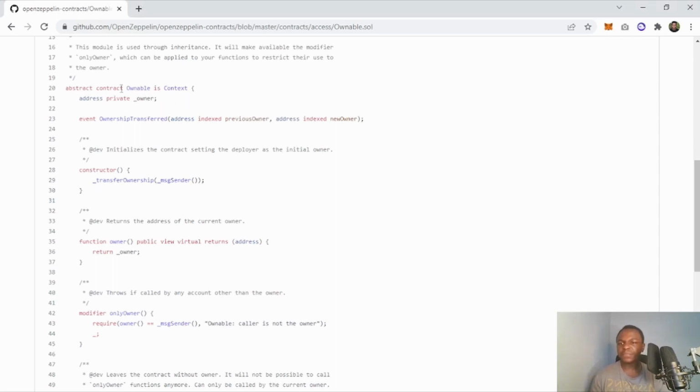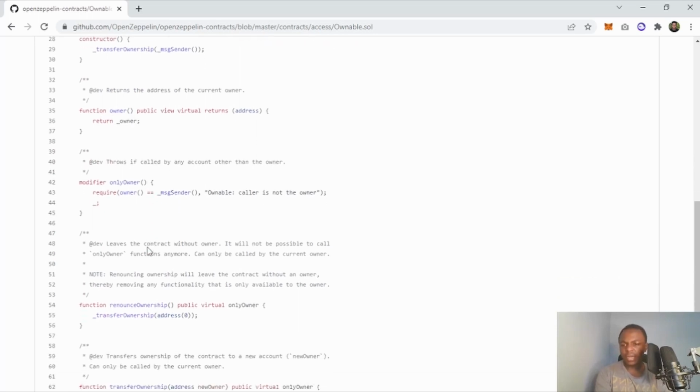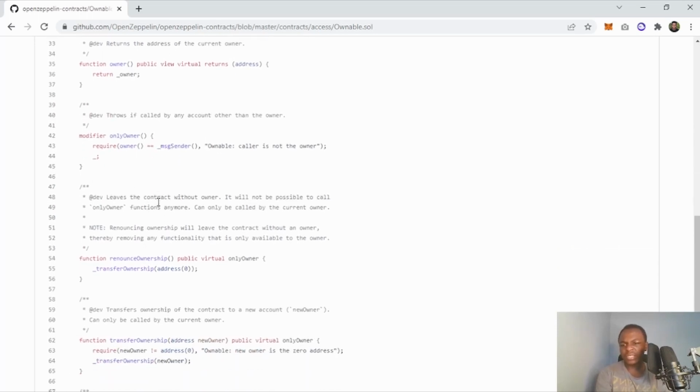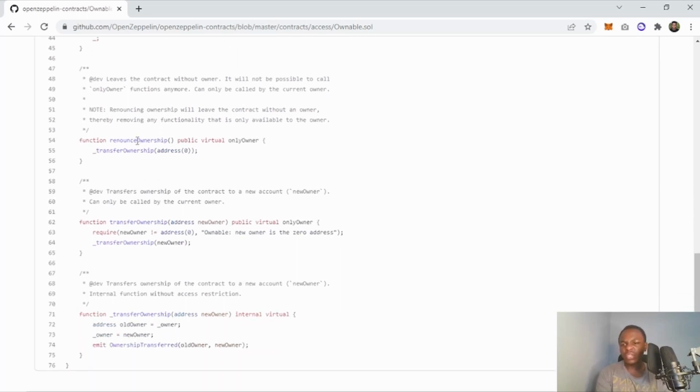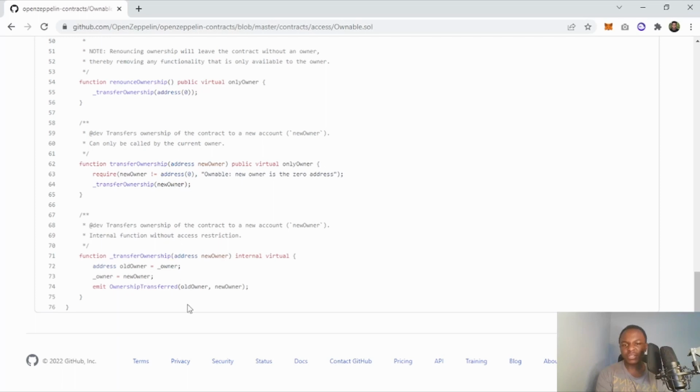As you can see, on deployment, the ownership goes to the message sender. That means the person who deploys, okay? And if you want to know the owner, you just call this function. You have also a modifier here, but you have renounce ownership, transfer ownership, and transfer ownership right here. These are two functions that are different, and